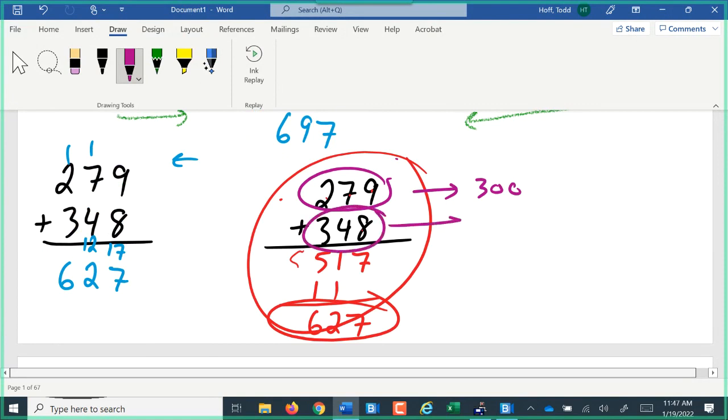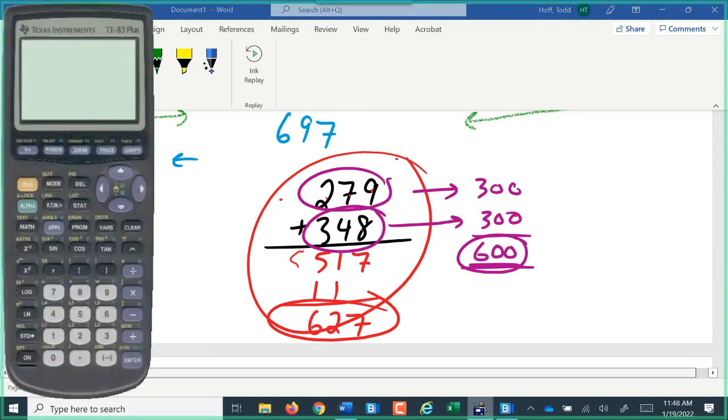That's also close to 300. Combine 3 plus 3 is 6, and keep the name of hundreds. I'm expecting an answer close to 300, to 600. The reason I say you should do that is because on a calculator, it is really easy, and it happens to me a lot, to do something like this,